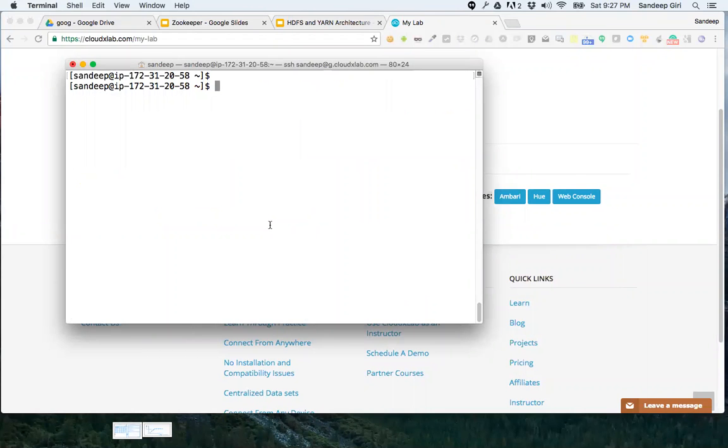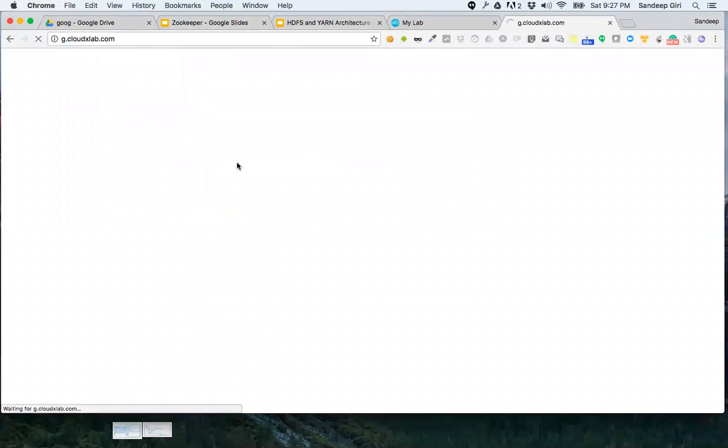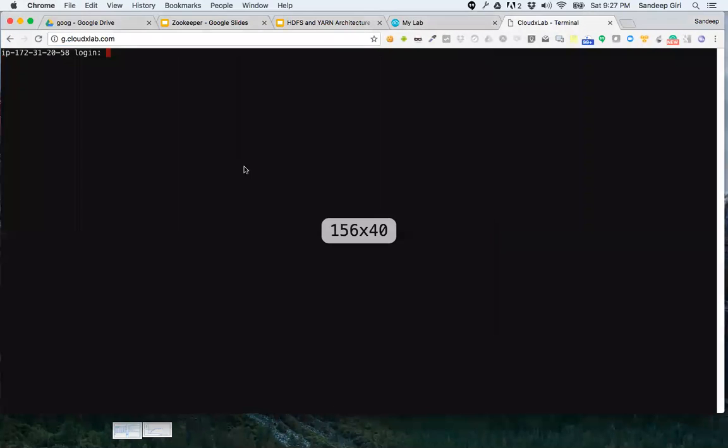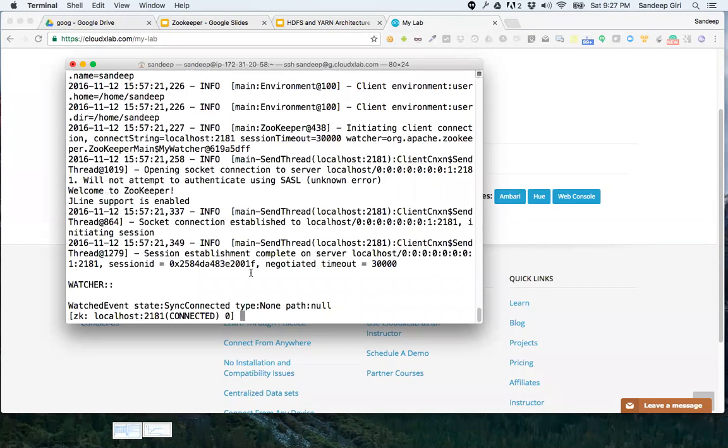Open g.cloudxlab.com, provide your login password, and you will see a console. Yes, everybody is able to log in. Once you are able to log in, start the Zookeeper client. Everybody with me?